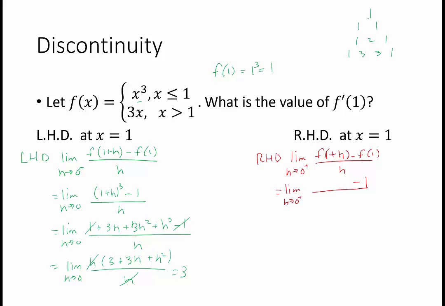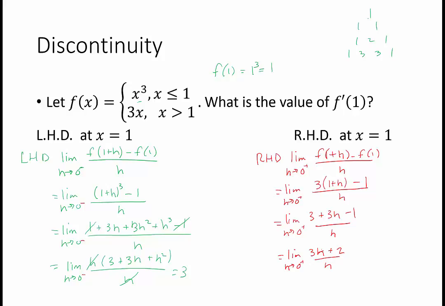Now, what is f of 1 plus h? Well, when h is slightly positive, this number is slightly bigger than 1. This is 3 times 1 plus h. And this is the limit as h approaches 0 from the positive side. Bad notation here, left off the negatives over here. And we end up getting 3 plus 3h minus 1 over h, or the limit as h approaches 0 from the positive side of 3h plus 2 over h. Now,